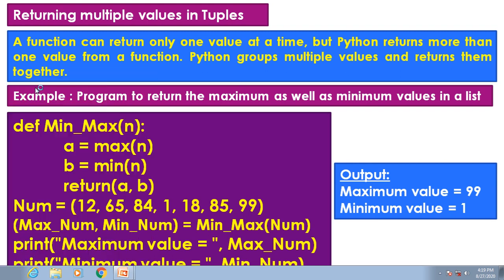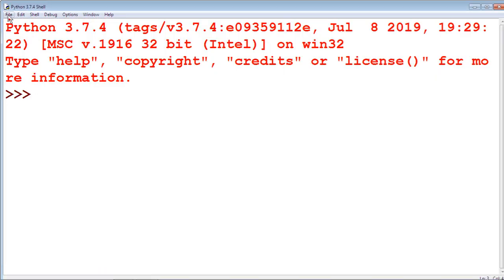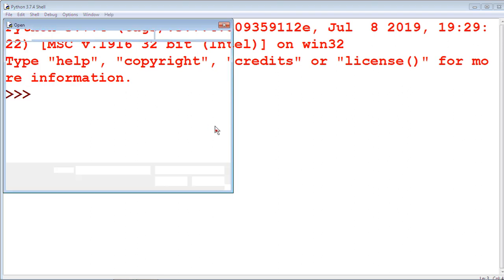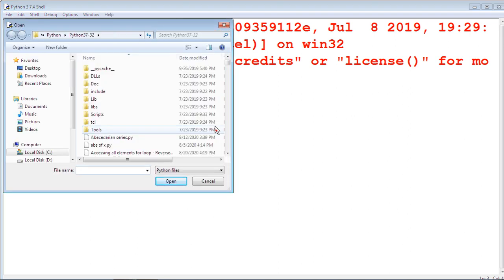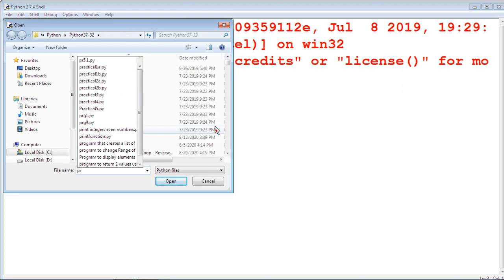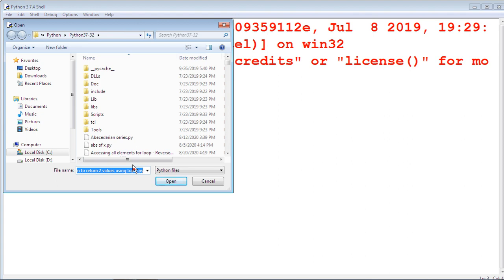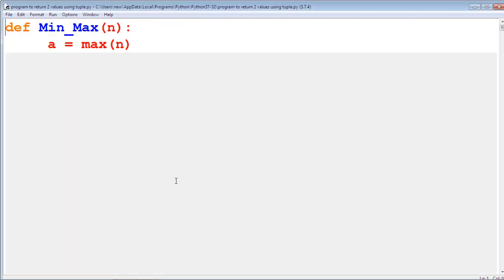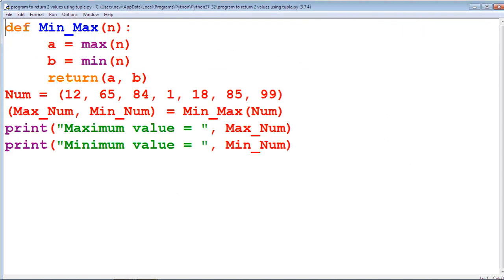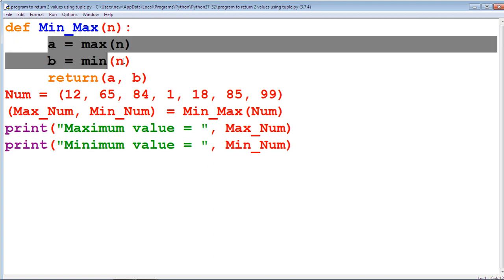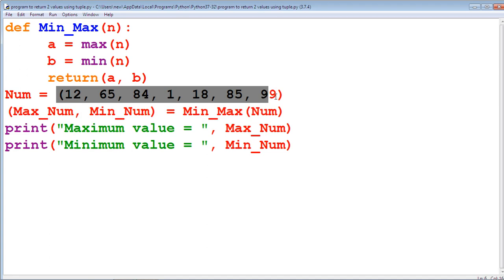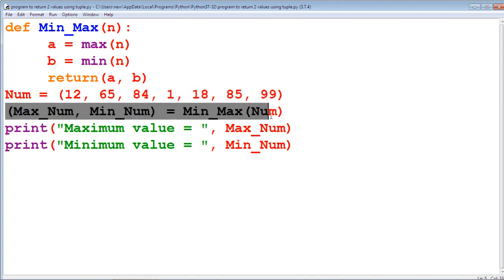We are going to see this example by using the IDLE window. File, open, program to return two values. Program to return the two values by using tuple. Here the function name is min max. It finds out the maximum and minimum value of this tuple and returns them to this tuple assignment statement.